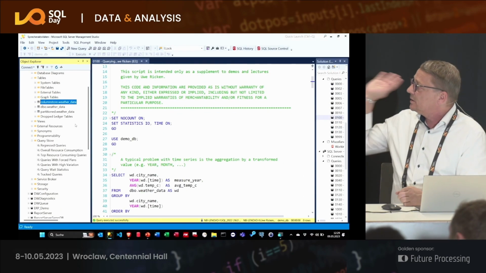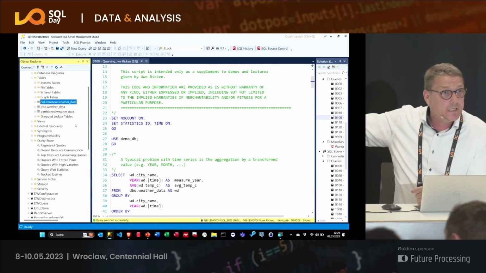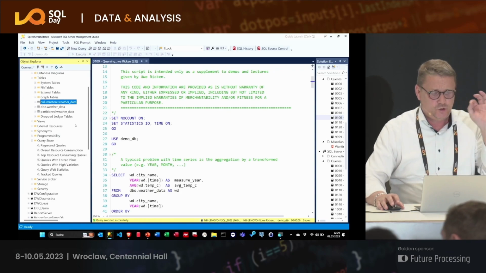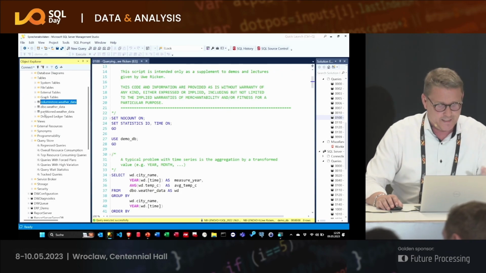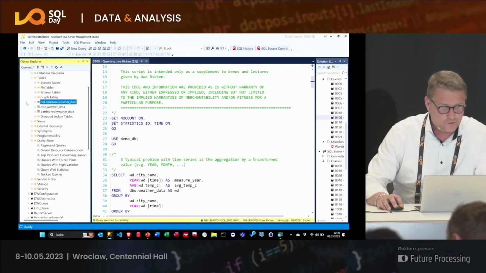Whenever you have a question, just raise your hand and I'm happy to answer it when it comes to the demos. Can you read? Can everybody read this? Super. You are not so old as I am, because I have no problem to read it, and you can read it from the last row.